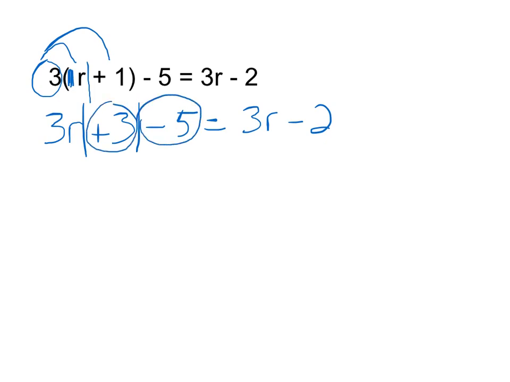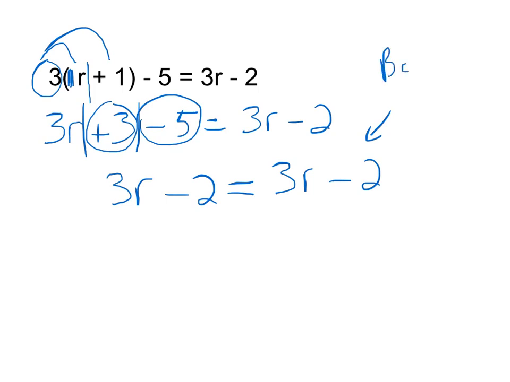Okay, and when I do that, I'm going to end up with 3r minus 2 is equal to 3r minus 2. Huh. Right away, that looks kind of fishy. Again, whenever you see things that start looking fishy, you need to be thinking, well, what do I know about these types of problems? We notice right now, okay, if we look at this,